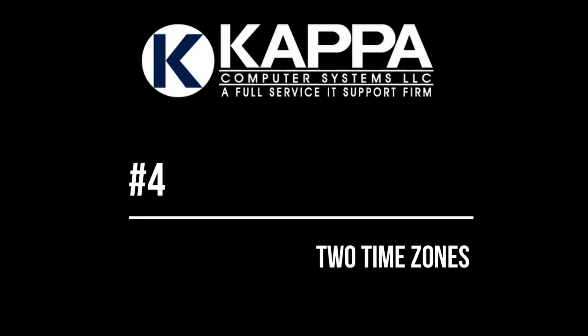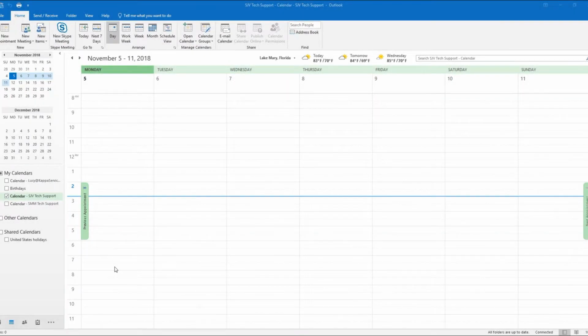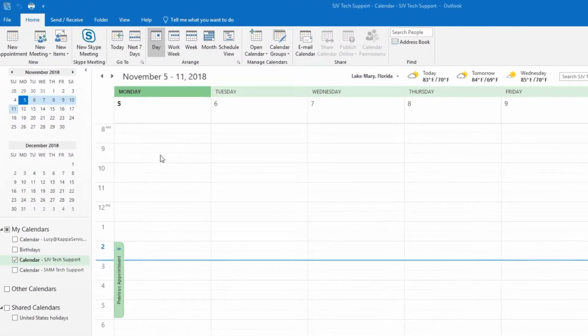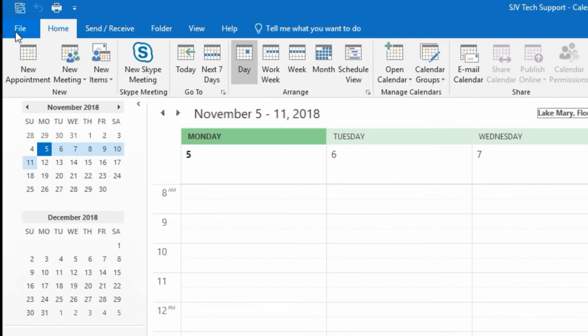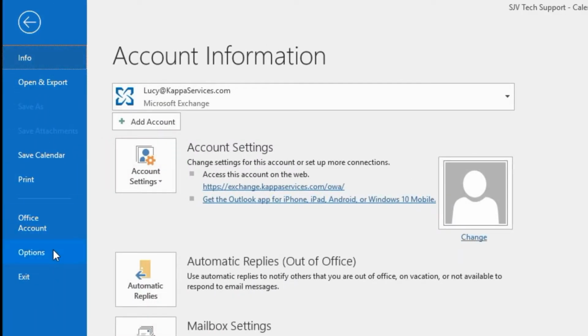Number 4, 2 time zones. When working with multiple time zones, Outlook can help you by showing 2 time zones at the same time in your calendar. If you go up to File, and then Options,